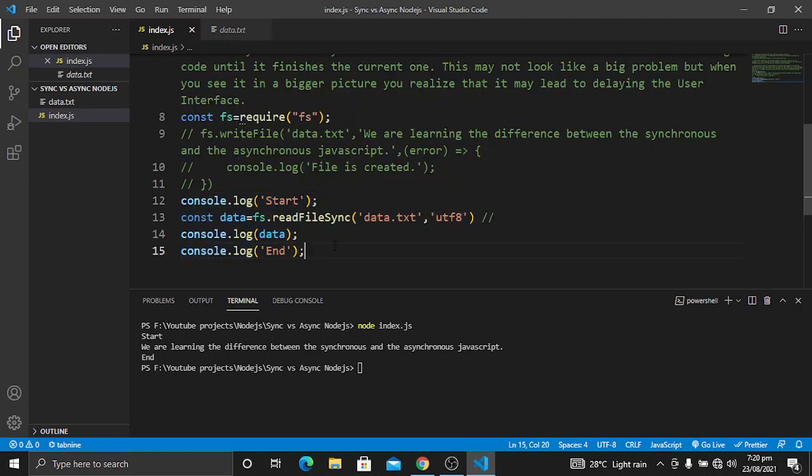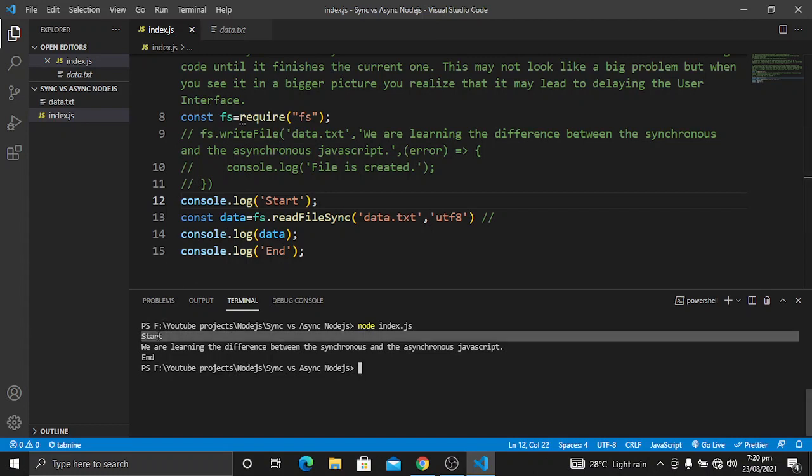Now you will see this code is executed in this complete sequence. First of all it has executed the line console.log start. So first of all we are getting this line, then the data that we are reading from data.txt has been stored in this data variable, and then we are logging this data.